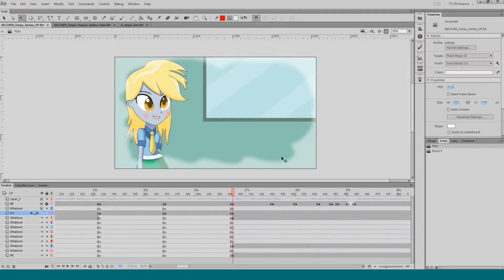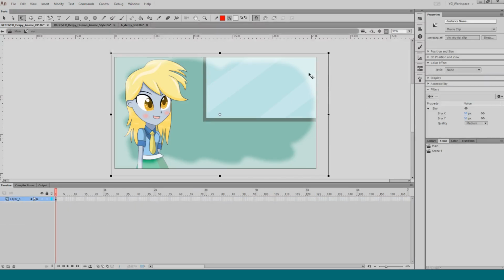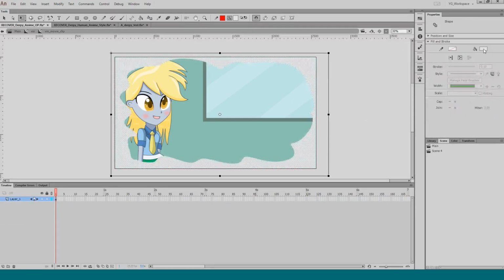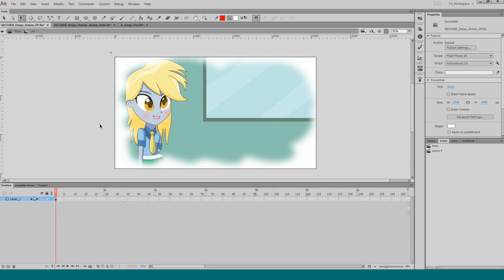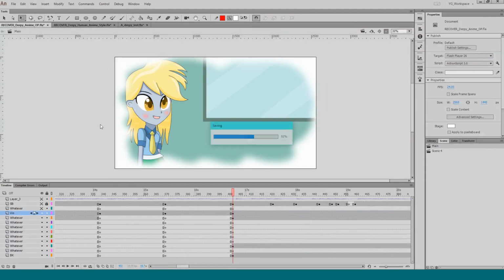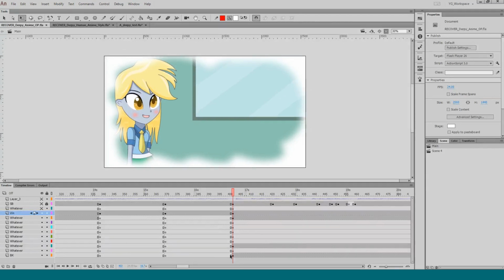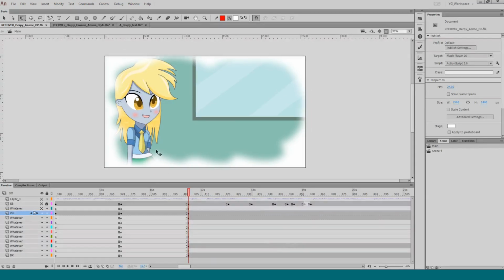That's like a weird fog instead of looking like it's being painted in. I'd probably have to blur it. That's way too blurry. But on a high quality. Okay. So it's just more about trial and error than anything else, really. So that's looking pretty good.